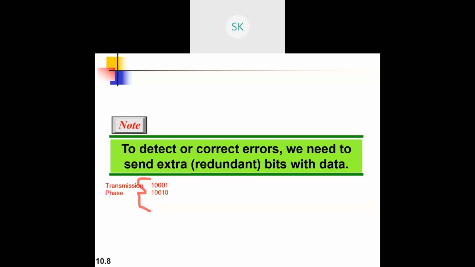So it has been transmitted. This is the transmission medium.